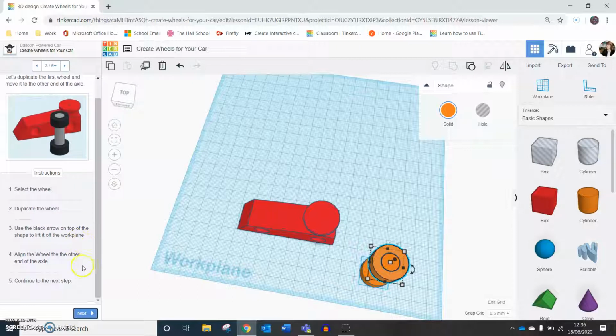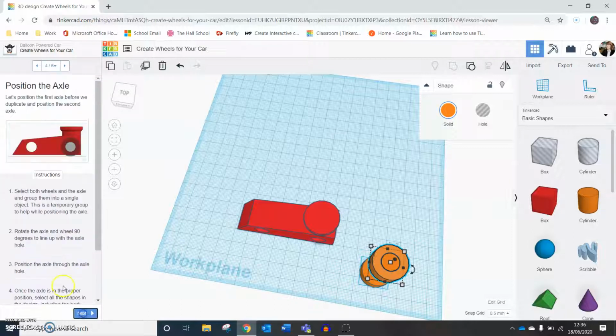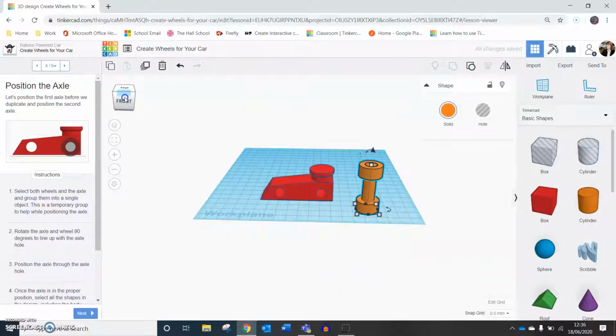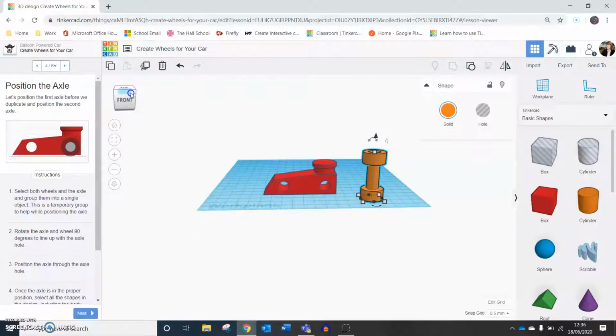Click next. We're going to align these and then we're going to group them just to make it easier for the next part. We're going to group them together first. Select them, group them. The reason for grouping them is so that it's going to be easier when I go to place them in this axle here, this hole that we created on the first step. So I'm going to rotate that round. I can rotate it this way. I don't know why I always move minus 90. And now I'm going to select